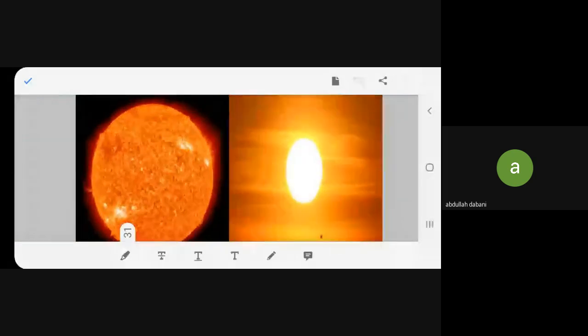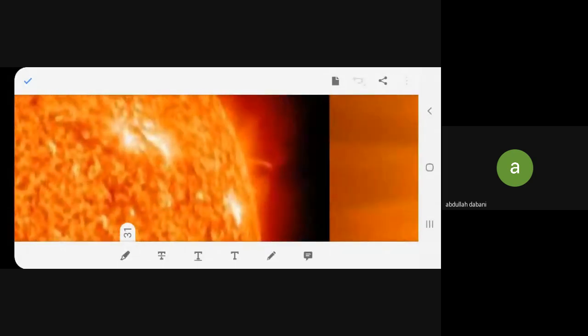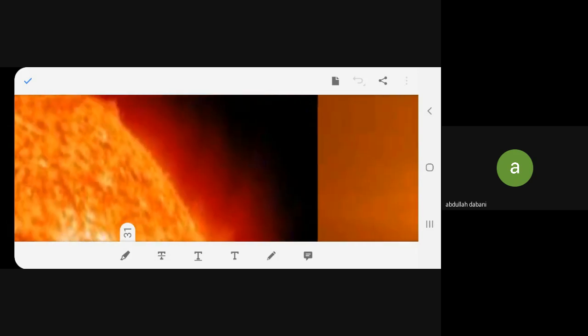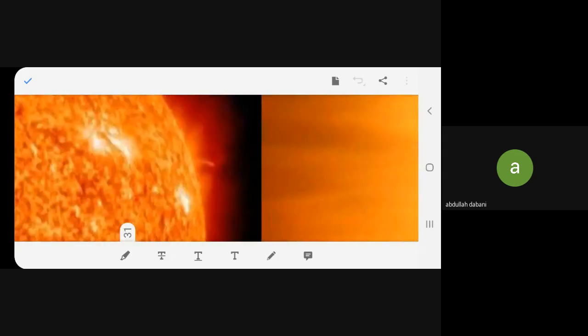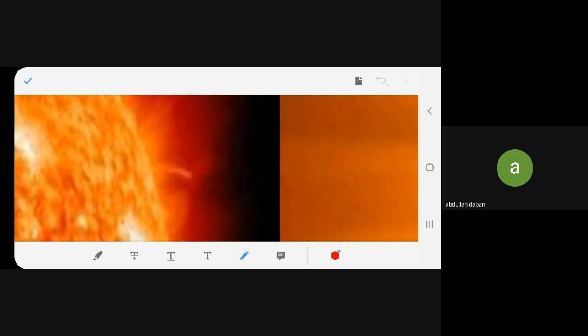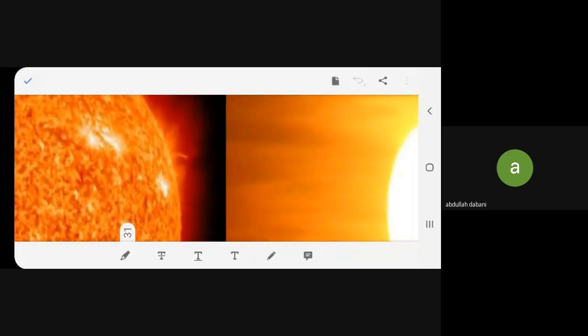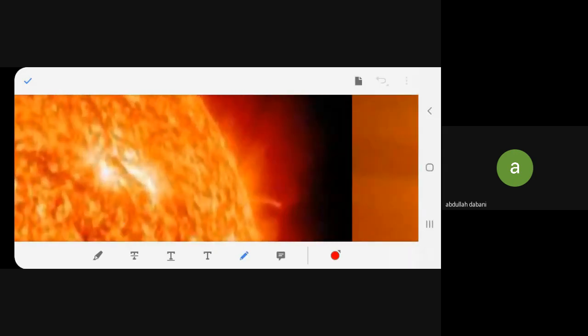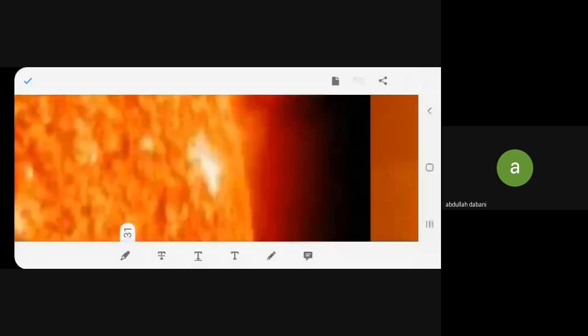Now this is the sun. You can see this emission is red, and see this one streak coming out. Can you see this? These are called sun flares. What are they called? Sun flares. I'm giving you extra information again: these are known as sun flares. Even here you can see patches with bright lights, yes or no? That means reactions are happening over here. Okay? You see this?